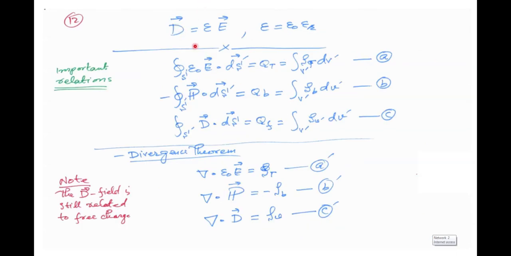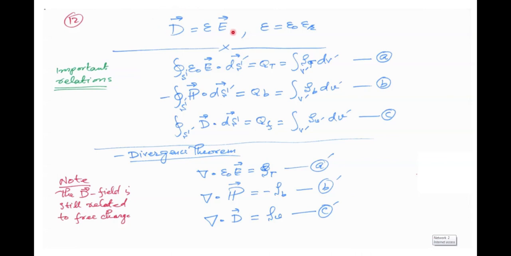Hence we modify the Gauss's law for dielectric material. And why? Because in dielectric material we have no free charge. There actually exist bound charges. So in this discussion we define the Gauss's law in terms of free charges of dielectric material, and we have